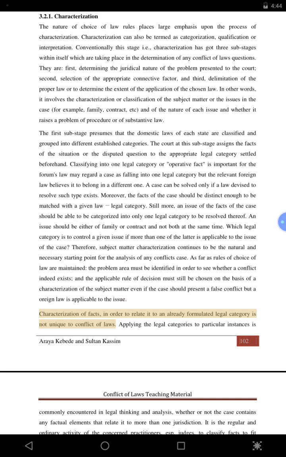Characterization of facts, in order to relate it to an already formulated legal category, is not unique to conflict of laws. Applying the legal categories to particular instances is commonly encountered in legal thinking and analysis,